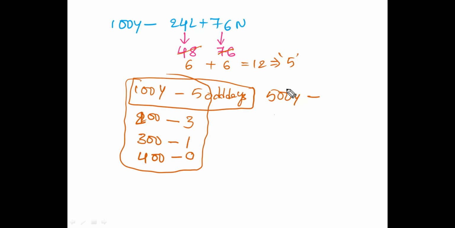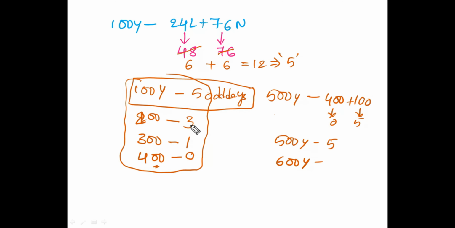Just now we have seen that in these 500 years, up to 400 years it is 0, and for the remaining 100 years, it is 5 odd days. So now tell me, 500 years consists of how many odd days? 5 odd days. 600 years consists of,